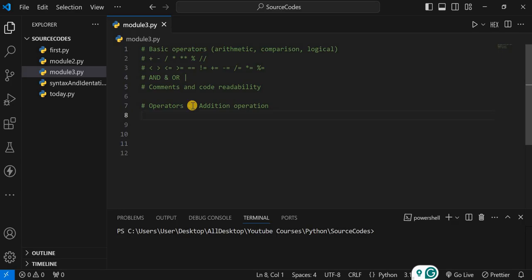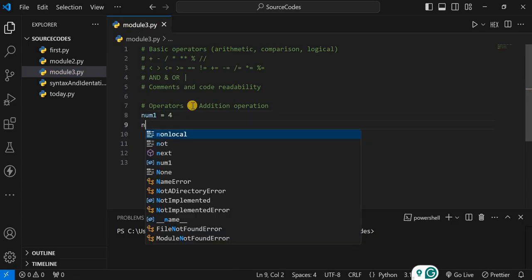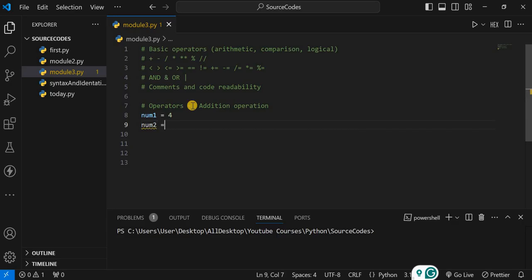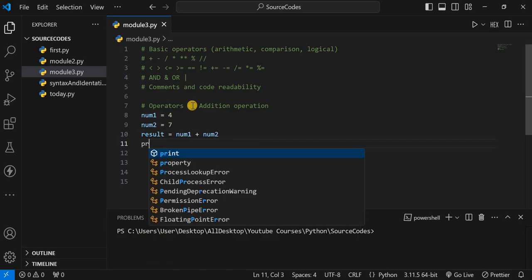We'll just take those two numbers in as variables. We'll say num1, and we give it 4 as an integer. We'll say num2, and we give it 7. So if we perform an addition operation on top of these two numbers in Python, we will get our result at the end of the day. It is quite easy and straightforward. We'll just store the answer in result. We'll say result, so result now will be num1 plus num2. As easy as that. So if you print result now,